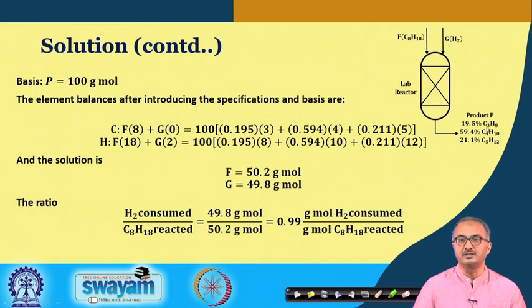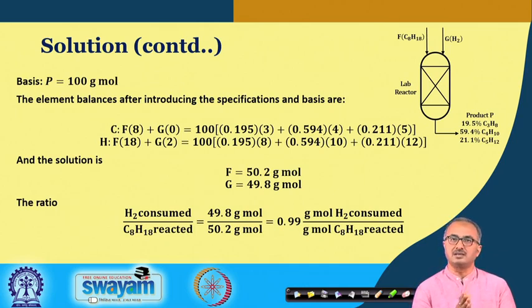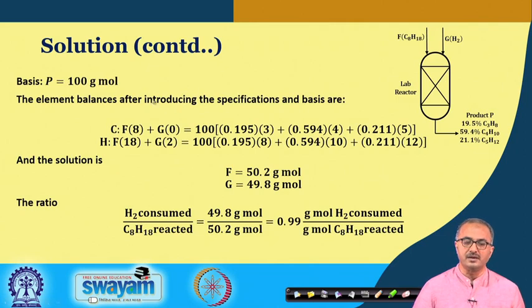With the propane, we have 3 carbons. With the butane we have 4 carbons, and with pentane we have 5 carbons. Okay, and these are the respective compositions. We have taken 100 gram mole. Now please see that for gases, when we assume that the gases are ideal, the mole fraction is the same as the volume fraction. Here we are taking the moles. So in this 100 gram mole, we have all these percentages of these particular products.